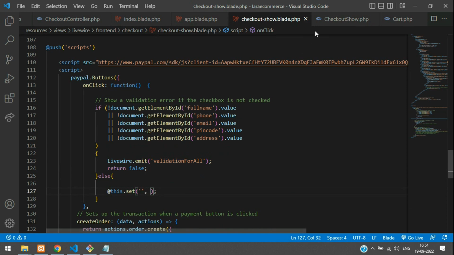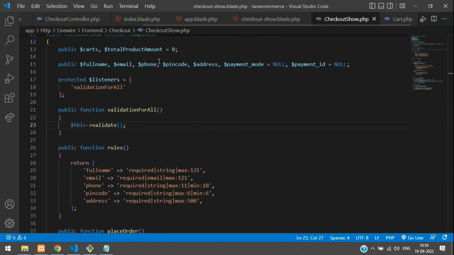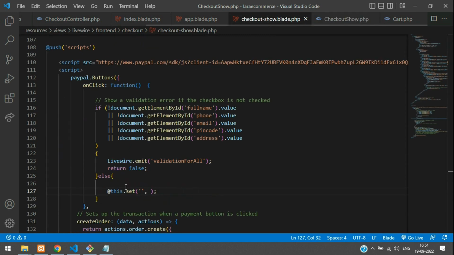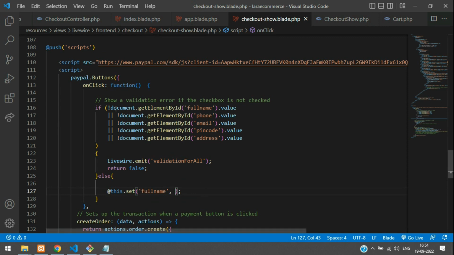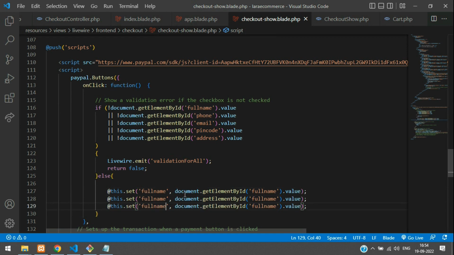So variable name, in the sense of whatever variable you have assigned here: full name, email, phone, pin code, address. These are the variables which you will be setting here. Full name, and the value you are going to get, you will get from this ID. Let's copy and paste here. So you get the value from this input and you set that. Done. So paste 5 times